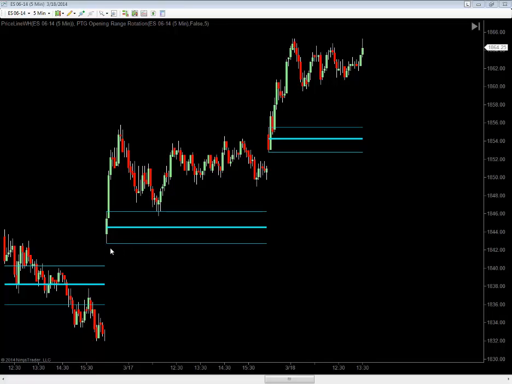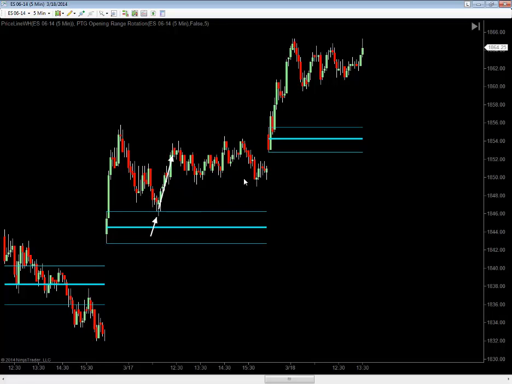When the price gapped, as it did here, it was a bullish gap, and price also held the 5-minute opening range average, and this set the tone for prices to go much higher over the course of the session. And as you can see here as well, the price pulled back to the 5-minute high, found support right in here, and then ultimately continued to rally up